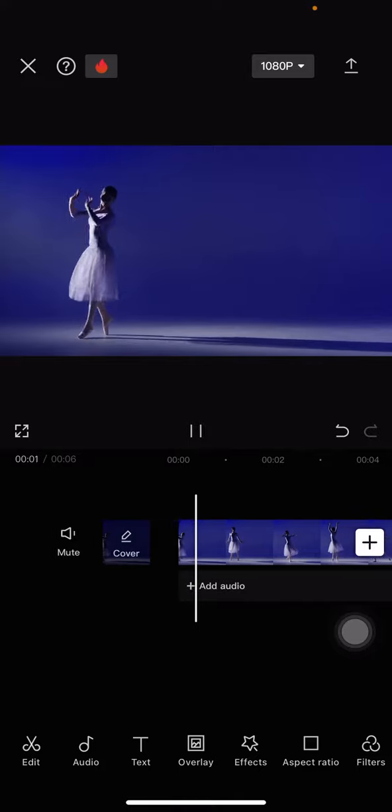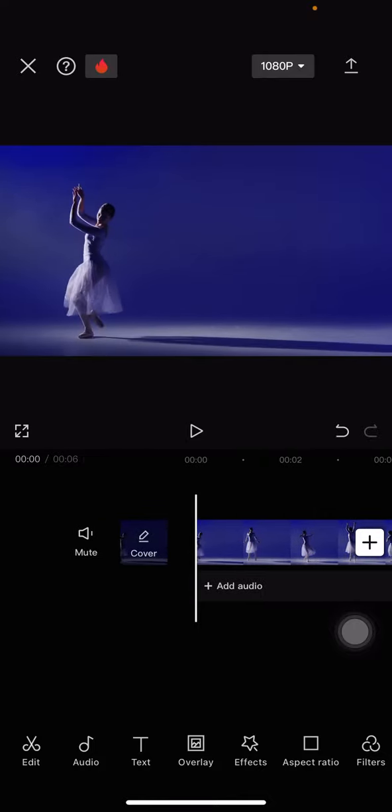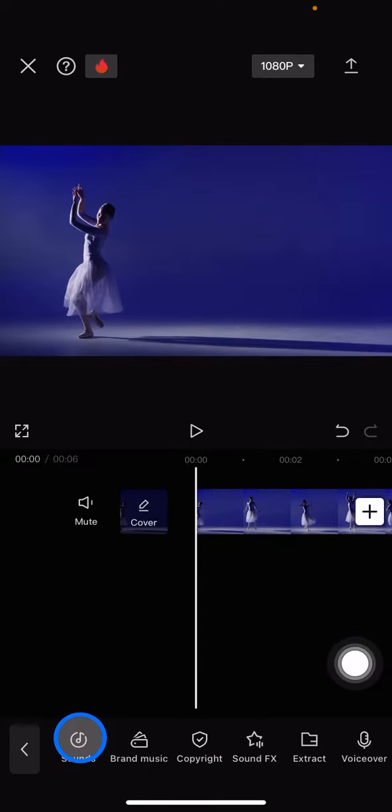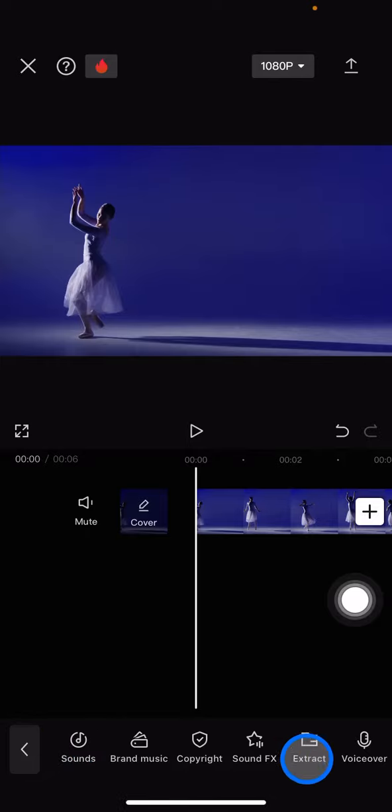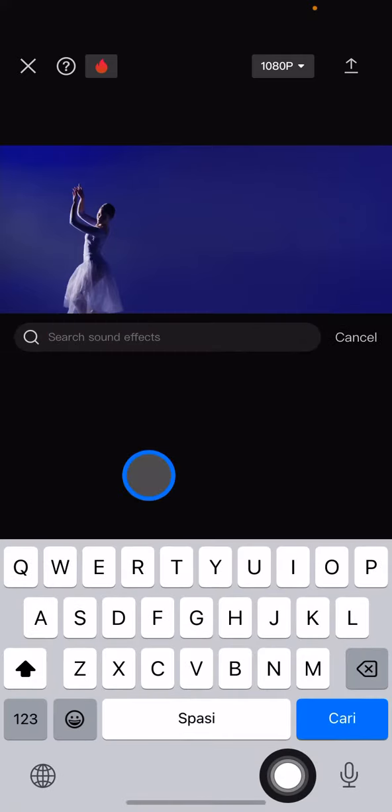So here I already have the video, and the first thing that I would like to show you is adding the underwater audio. To add that audio, you just need to take a look at this features button here and jump into the audio, and now you need to go into this sound FX right here. And now in the search bar here, you just need to type underwater,